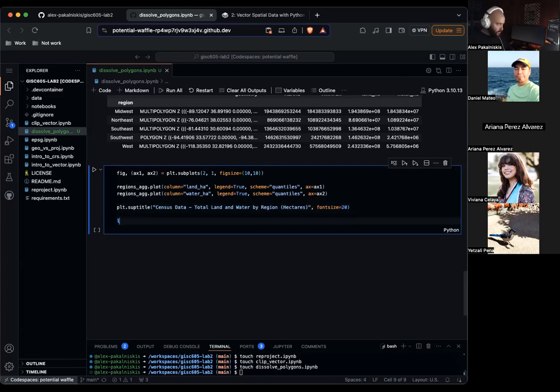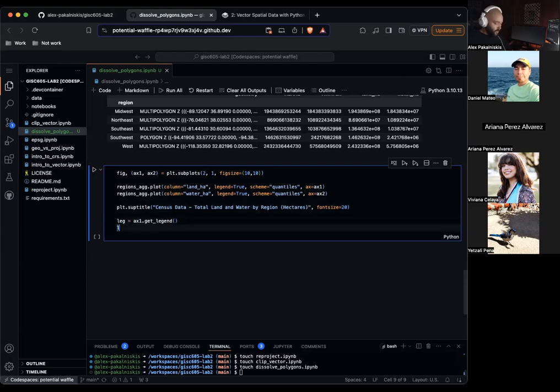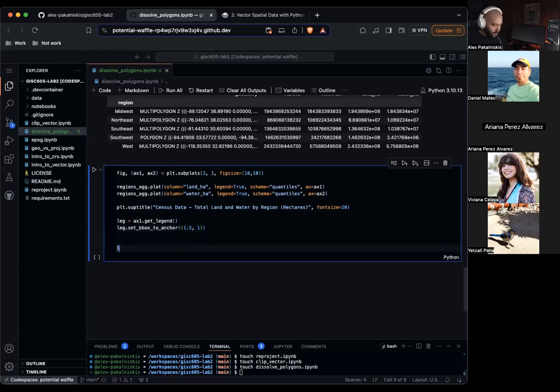Okay, now let's do leg equals ax1.get_legend. And now let's set the bounding box to anchor the legend in a specific location in our figure. Let's do the same thing for the secondary legend.